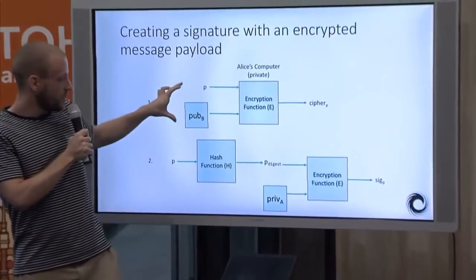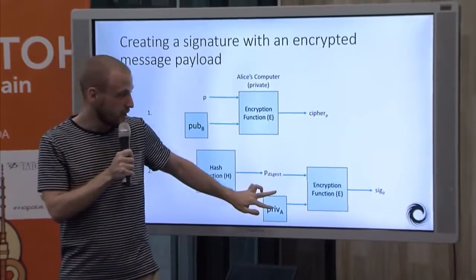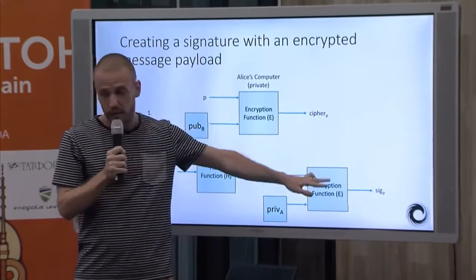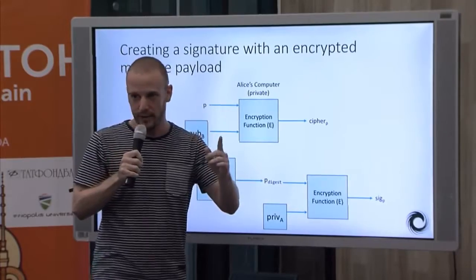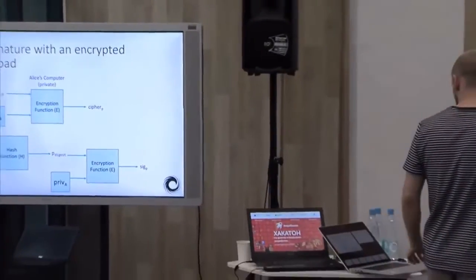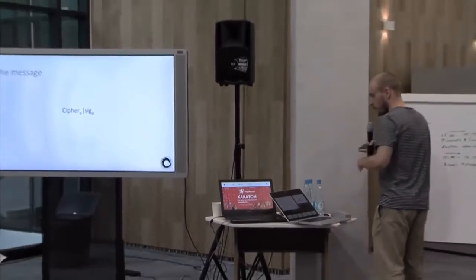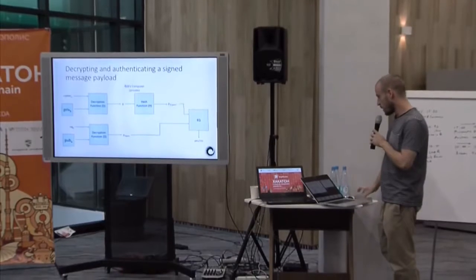So we encrypt the message using Bob's public key. We encrypt the signature using Alice's private key. So we get a ciphertext and we get a signature. It probably doesn't make sense yet how this is helpful, but when we get to Bob's side of the equation, you'll see how he can use this to prove that the message he receives is legitimate. So we send the ciphertext and the signature over the wire. Bob receives this.